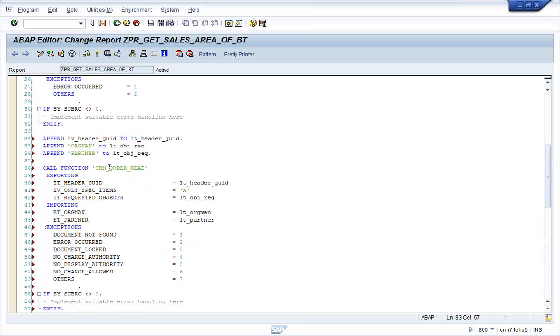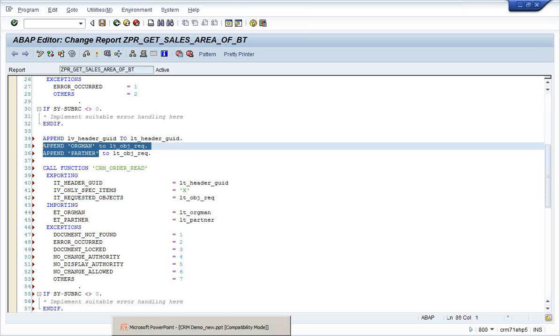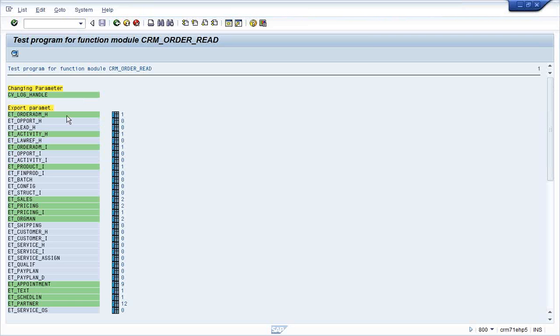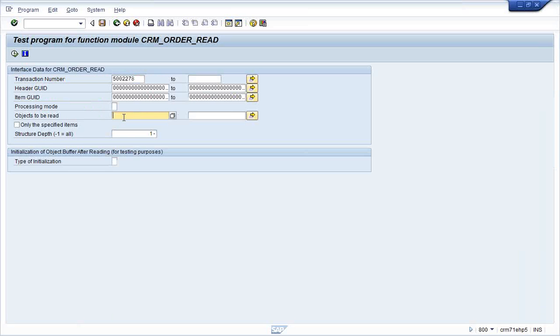This is how I am giving a call to the function module CRM order read. To this I am giving the GUID of the header, the GUID of the document, and I am also giving some update parameters, because if you don't give this, the system will fetch the whole data. For example, when I execute it like this, complete data of the document will be extracted, which is not desirable every time, correct? When I'm looking for specific information, I only need specific information. Unnecessarily there will be a load on the system to bring all the data. So you have an option to filter what data you want.